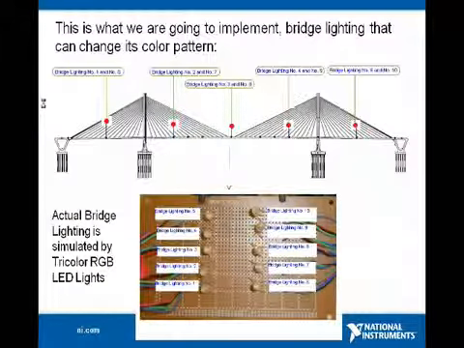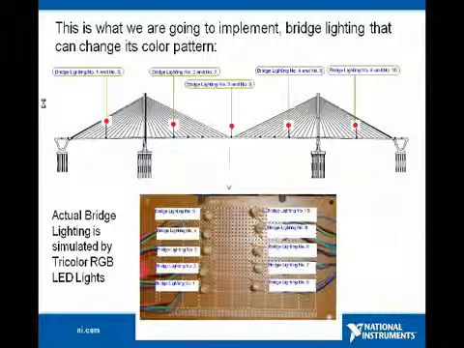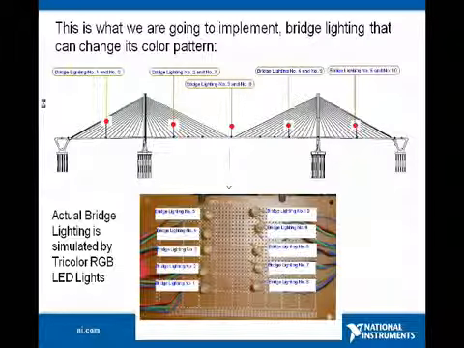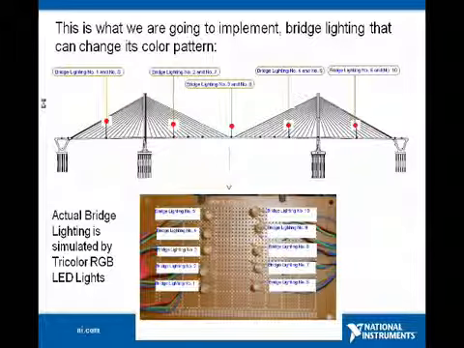After I have explained in short what NI does, now we are going to our solution on bridge lighting controller. As shown in the slide, imagine if we have to implement 10 bridge lights for your bridge decoration, and we should be able to control the lighting sequence. And every lighting sequence contains information such as the timing, color, and the intensity of the bridge lighting.